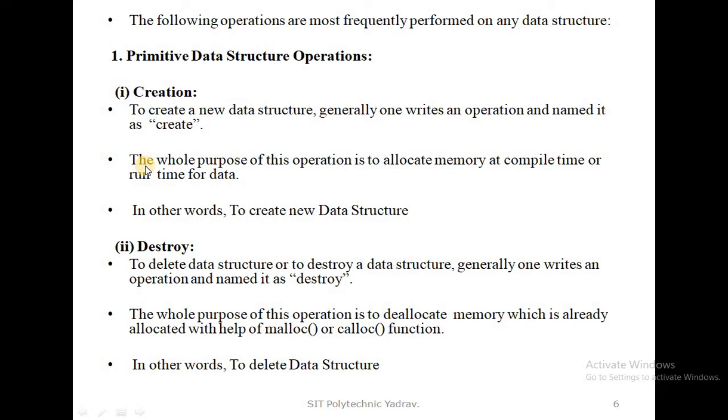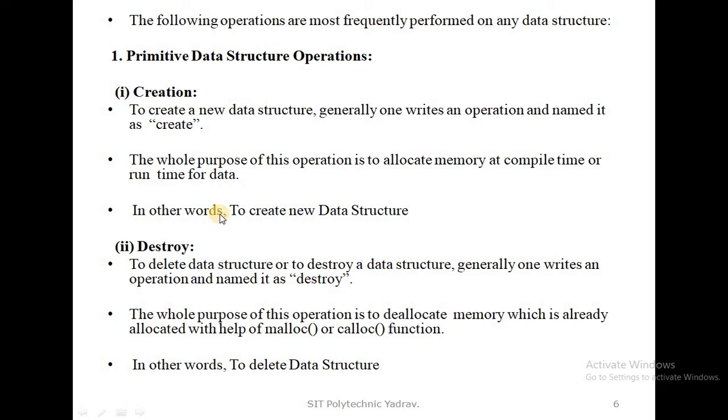The next point: the whole purpose of these operations is to allocate memory at compile time or runtime for data. That means the create operation's purpose is only to allocate the memory of that data structure at compile time or runtime.